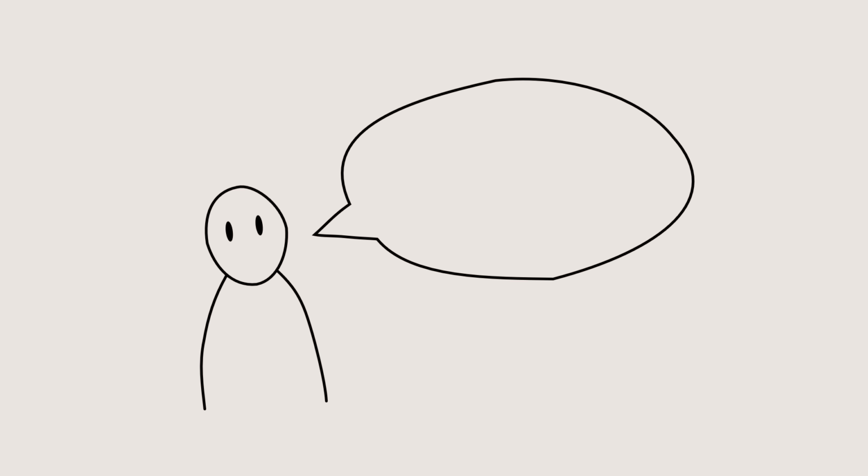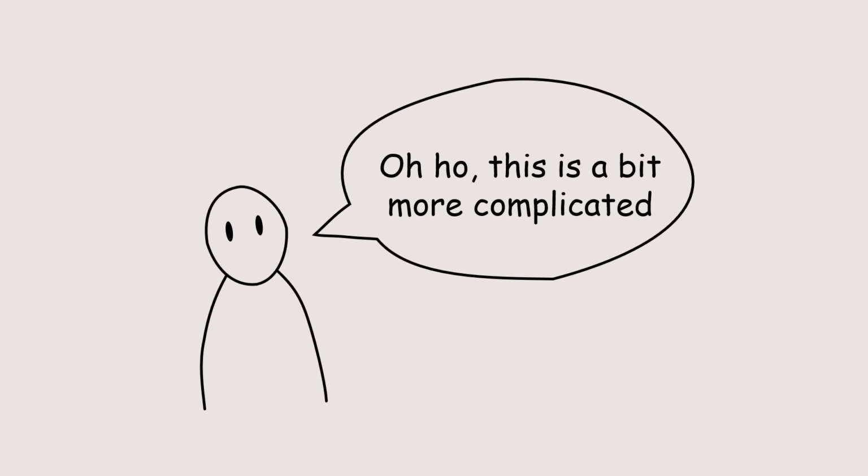Here are numbers from 1 to n. How many of these are divisible by 2? Well, about half of them. How many are divisible by 3? About a third of them. Now the question: if we take away all the numbers divisible by 2, how many of the ones left are divisible by 3? Now, you might think, oh, this is a bit more complicated, but no. It's still just about a third of them.